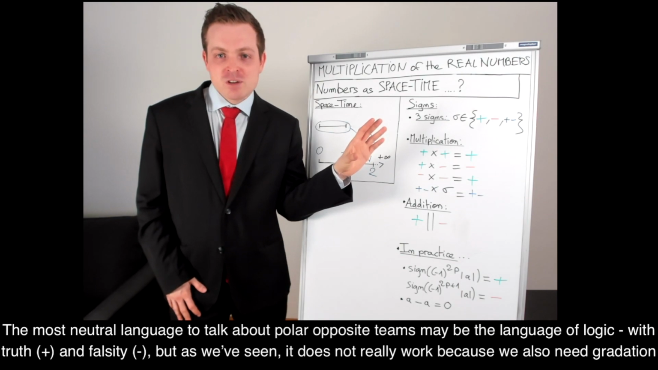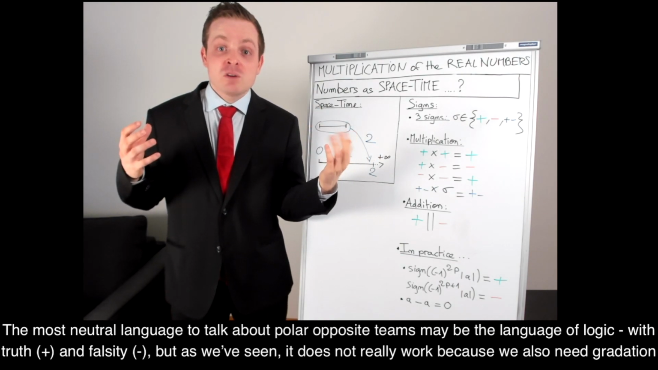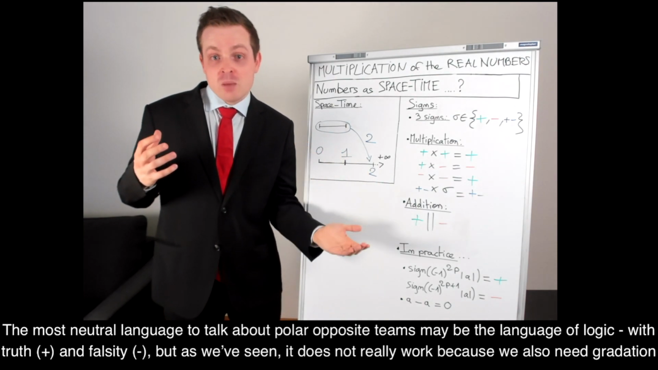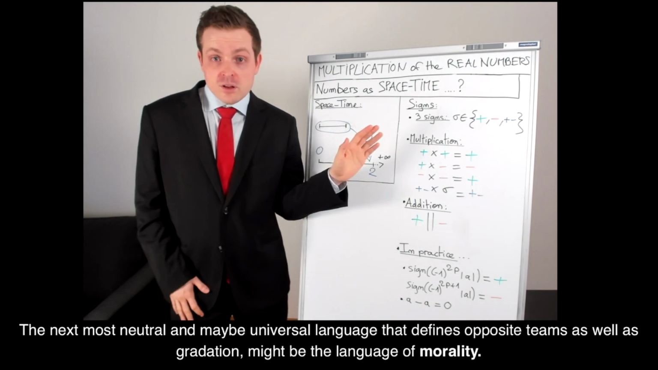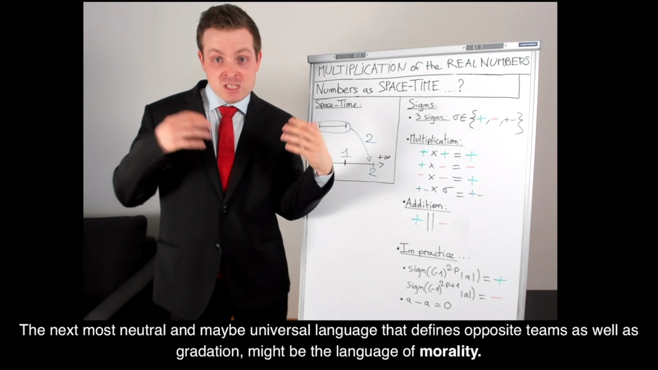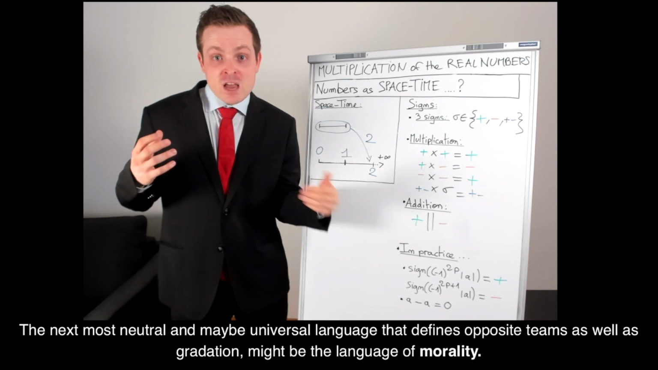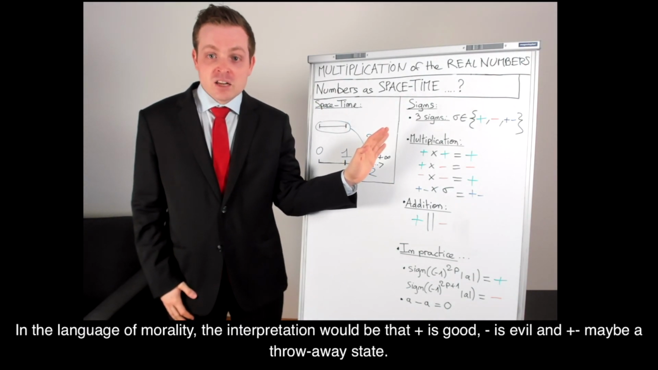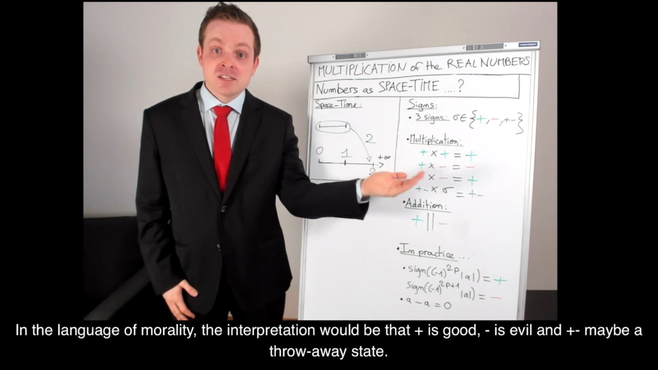The most neutral language to talk about polar opposite teams might be the language of logic, with truth and falsity, but as we've seen, it doesn't really work, because we also need gradation. The next most neutral and maybe universal language that defines opposite teams as well as gradation might be the language of morality. In the language of morality, the interpretation would be that plus is good, minus is evil, and